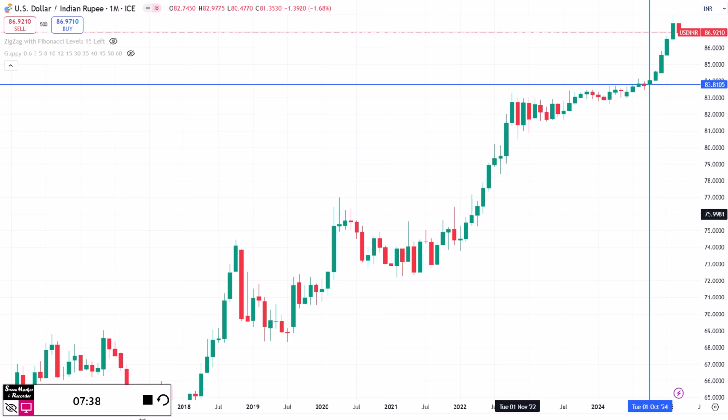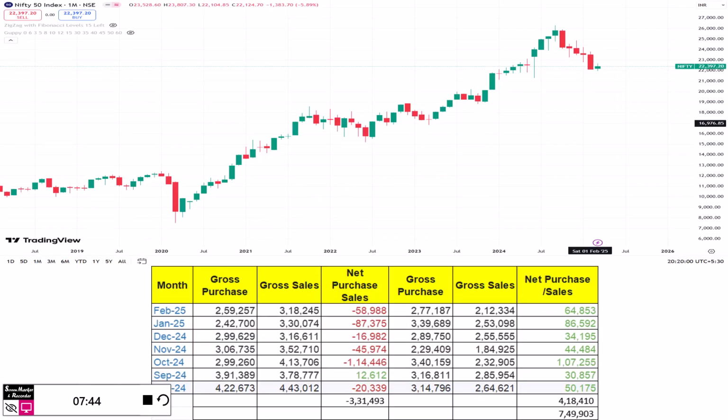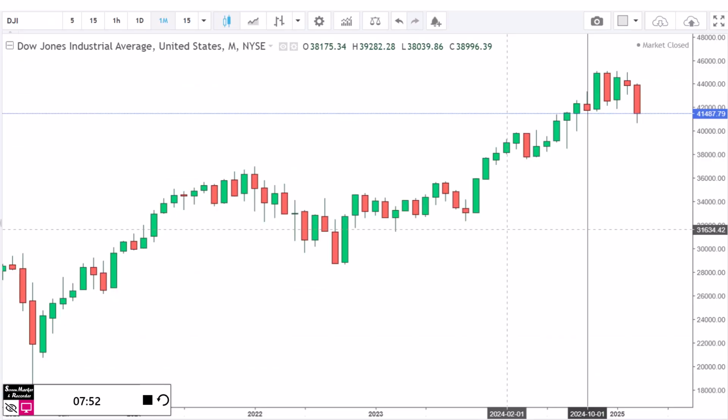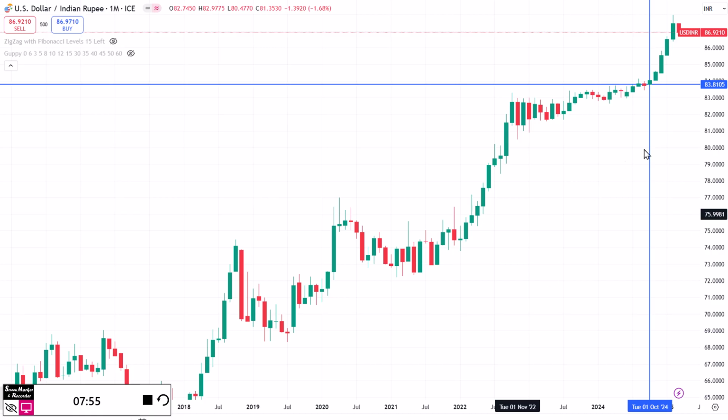Second thing, if you take October as a yardstick, why October? Why are you every time using the word October? Because in the month of October, they sold with such a huge volume, 1.1 lakh crore. This impact gave a huge thrust. The dollar shot up. The dollar had a huge resistance or bottleneck at 83.50. Once it broke, it touched 89.950, and now it's hovering in the vicinity of 87 rupees. So there's the impact of dollar versus Nifty.